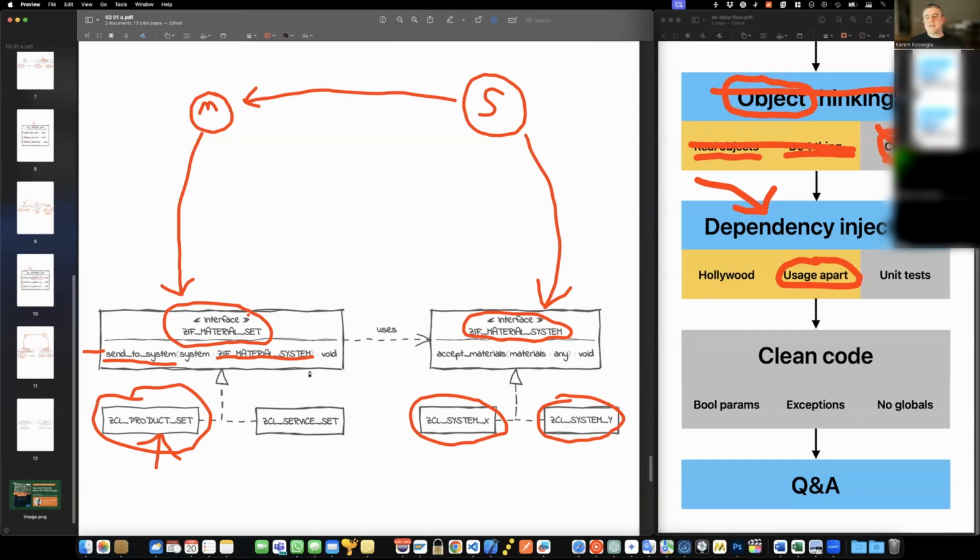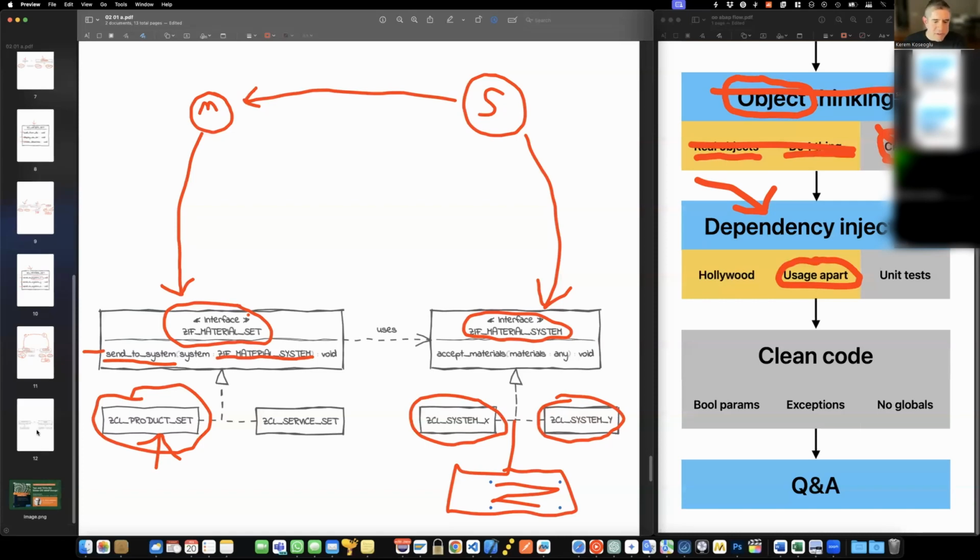This is dependency injection, and it's very useful because it forces you to make a better design with immense flexibility. Because when a new system comes, you should just create a new object called system Z, and now you can pass this to the material class, and you don't have to modify anything else.